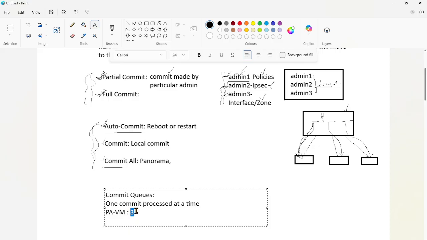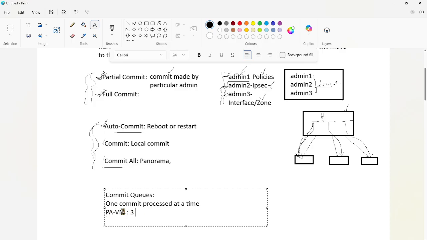It is the same as standing in a queue, not so much these days, but in olden days for movie tickets or something else. If they allow only these many members in the queue, only those will be allowed and the rest will be turned away. In the same way, when we are doing one commit on the firewall, the firewall will allow only a certain number of commits into the queue.